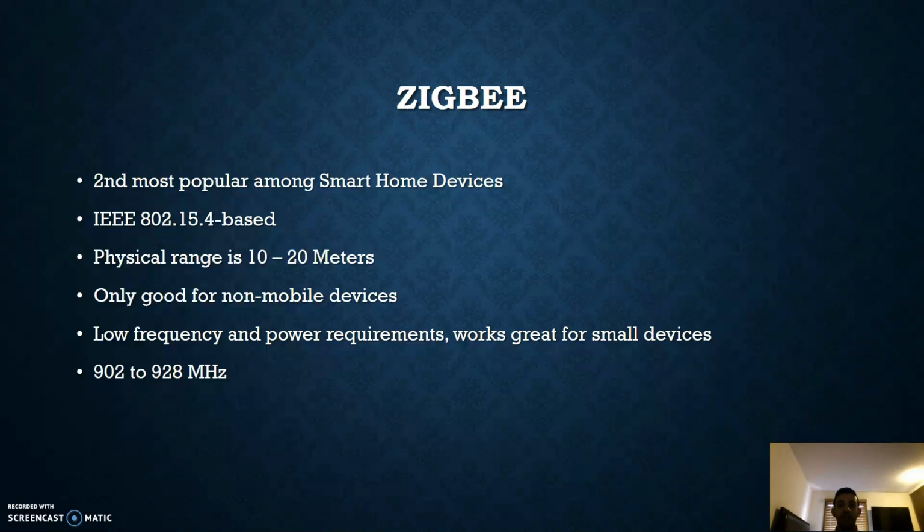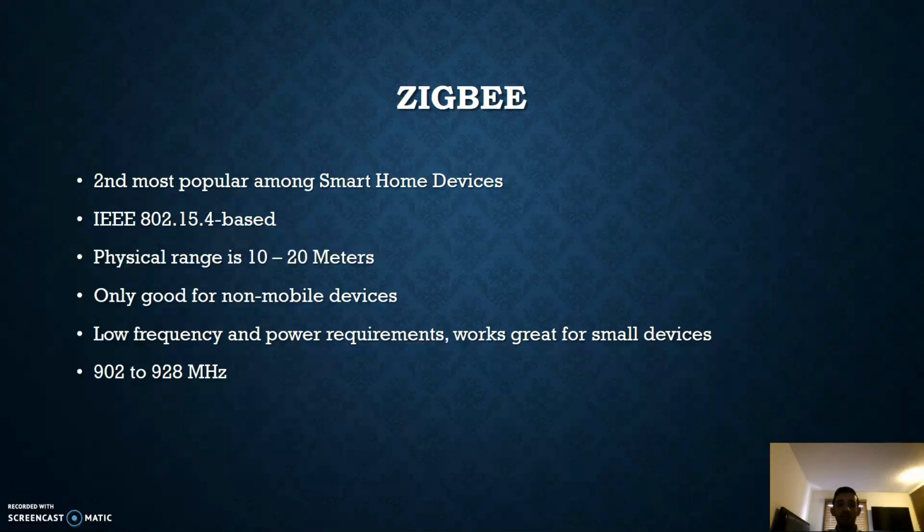And ZigBee and Z-Wave, that I'll get to in a sec too, are only good for non-mobile devices, so they can't be used on a phone. It's more for sensors and devices that are in a location, because once you're adding these devices, it kind of learns. It's kind of like a linked list where it knows where the signal is coming from, and it knows which device it has connection to, so you can relay the message. If you move those devices, the controller won't know where to send it, or your signal might not go through all the way through. So it's critical that these devices stay in place, stationary.